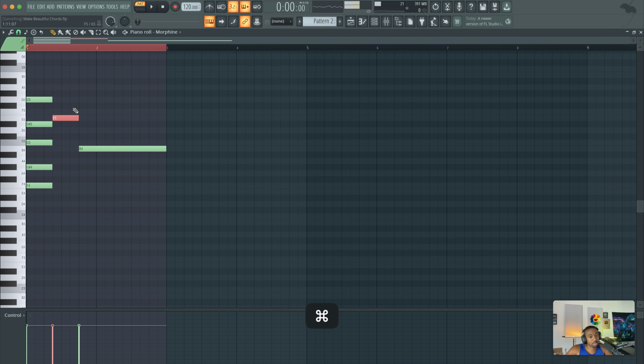Okay, and now let's go to E. Let's assume it's the same exact chord type. Now, when you work in reverse, you have to make a lot of assumptions to make this workflow work. There's no cookie cutter way to go about this. So we're going to copy this chord type and make sure that the top note is E in this case.